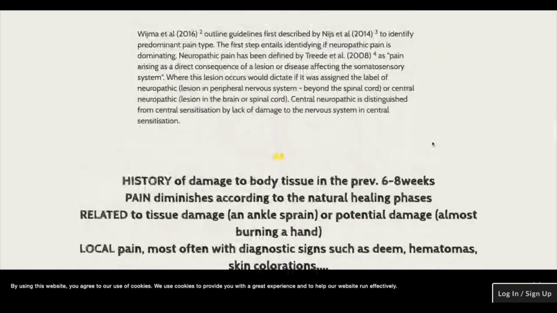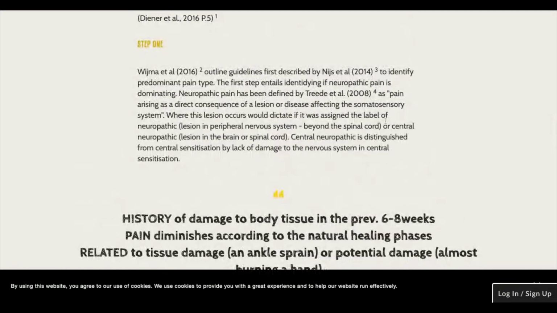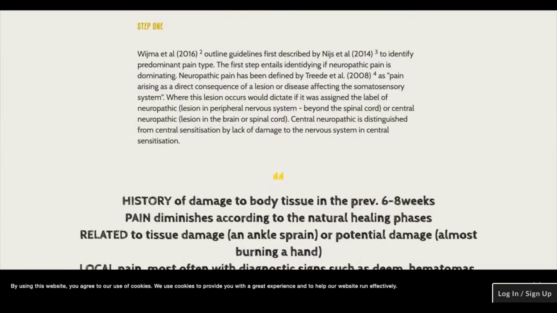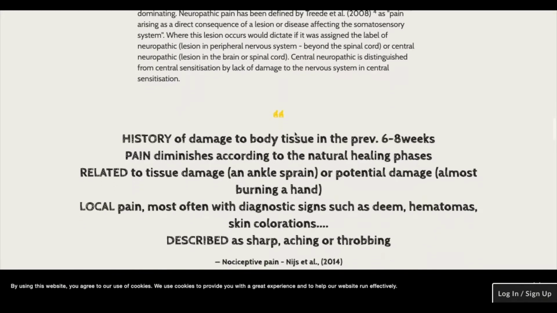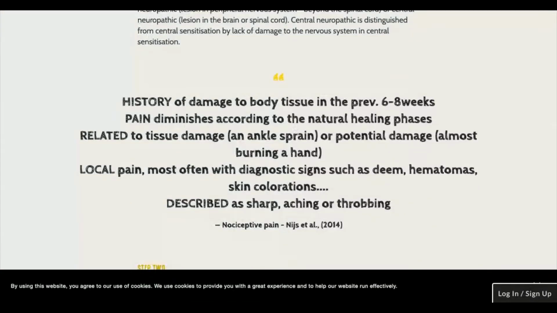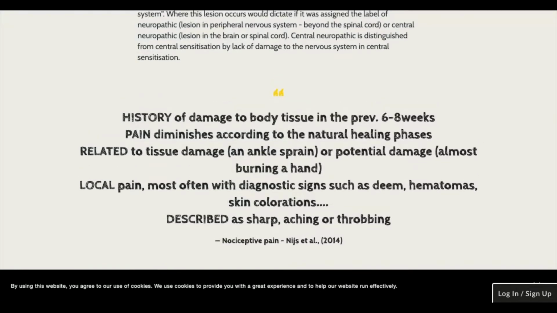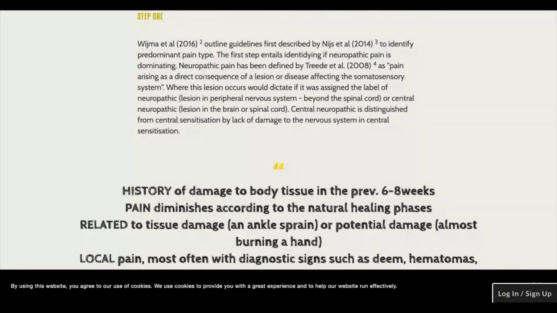But our first step is going to be, I'm assuming now you've ruled out red flags, you've done that part. Now we're trying to identify the primary pain mechanism. The first part, the most serious one of those three, is going to be the nerve root. Okay, and the nerve root is where we want to try and rule in or rule out neuropathic pain. Okay, now neuropathic pain, we can do that.